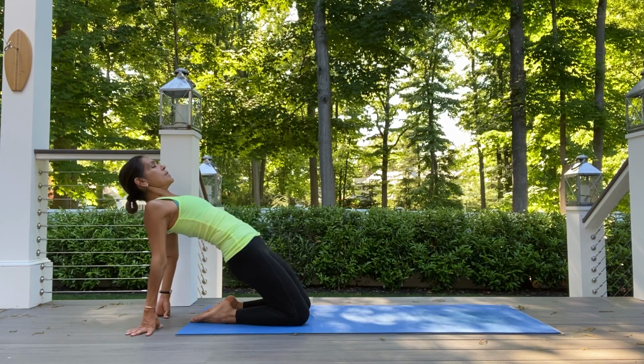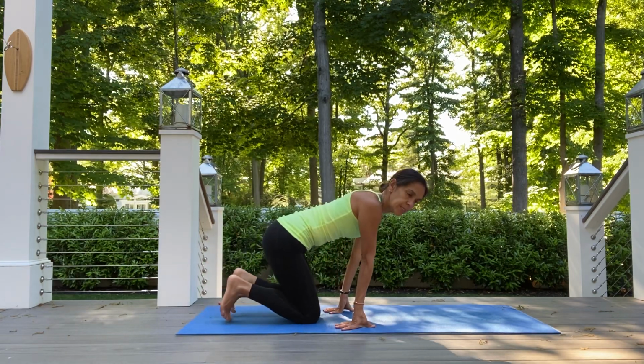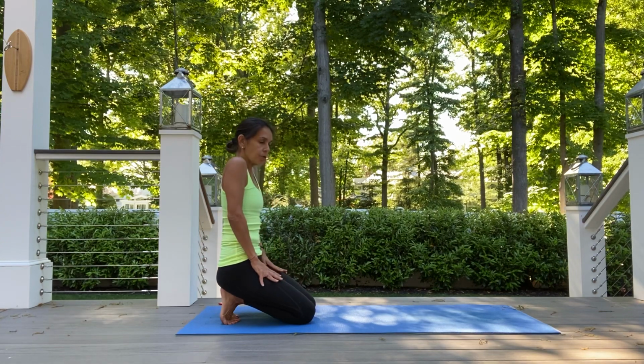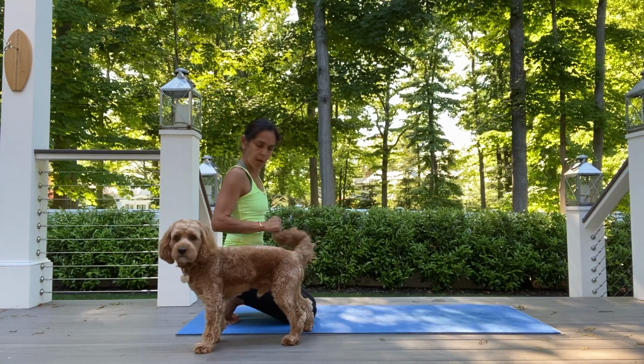And exhale, hips down. Nice job. You're going to lift up the butt just a little bit to curl your toes under and sit on the balls of your feet. Slide the palms up your thighs and press your palms down to lift the chest up. Big breath in and out. Let's come into Gomukhasana arms, or